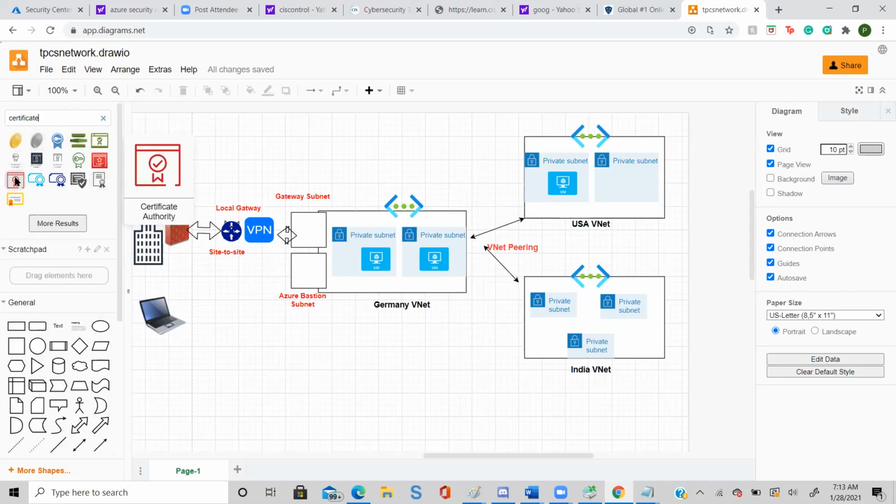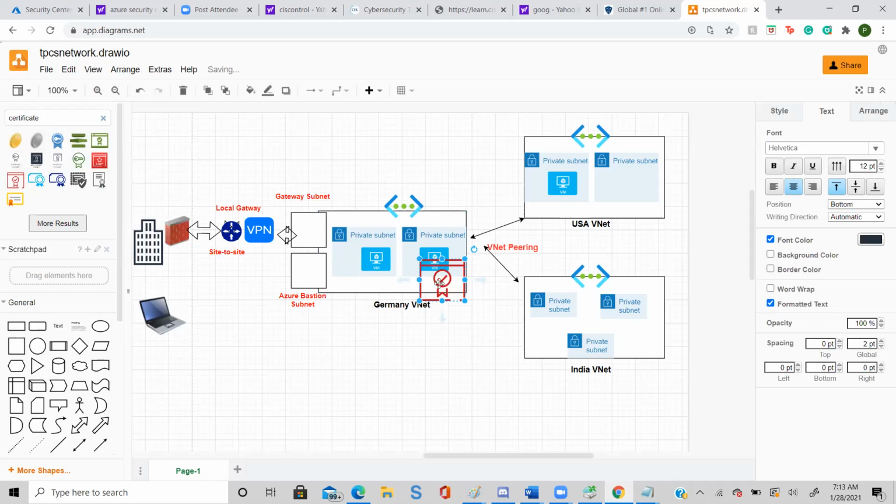Let's say for example this is my certificate. This certificate also needs to be configured in the Azure portal. So it means that both sides have the same certificate.